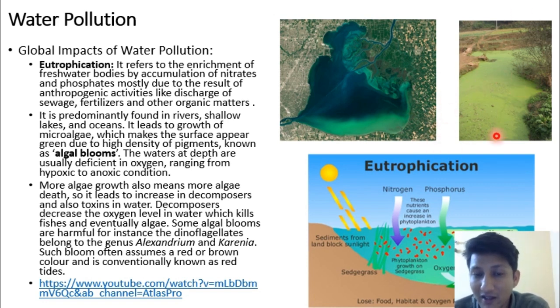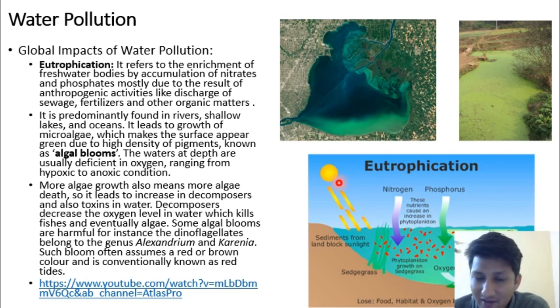But this microalgae is causing a serious issue. Whenever there is an excessive growth of microalgae, it is called algal bloom. So when we say algal bloom, it means that the algae is growing out of control and it has covered the whole water body. So how will it harm? Okay, first thing, it will